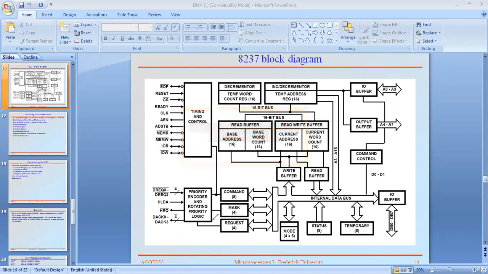There are standard signals to deal with a master: HOLD and HLDA. I have already told you many times. HOLD is the request signal, and in response to that request, it sends the acknowledgement signal HLDA.